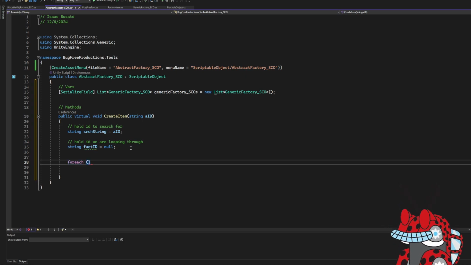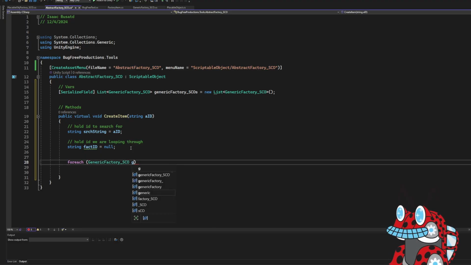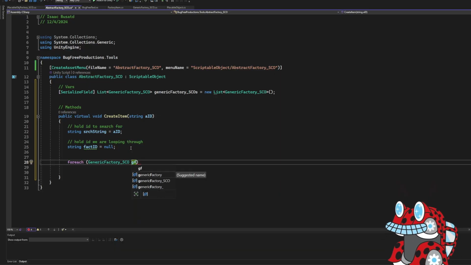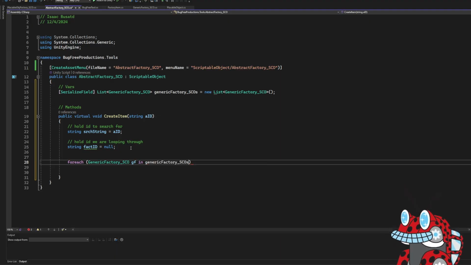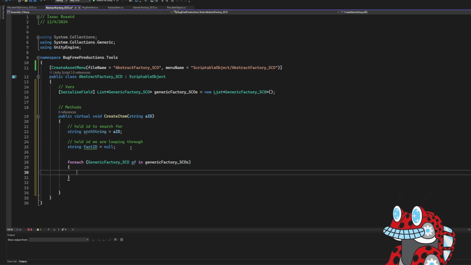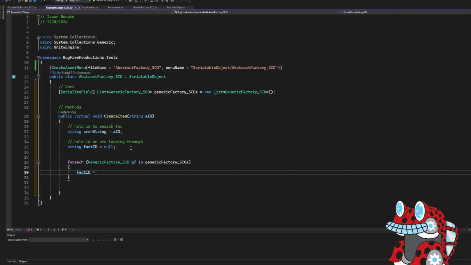For each generic factory SEO, GF, generic factory SEO in generic factory SEOs, we loop, we have fact ID is equal to, is equal to